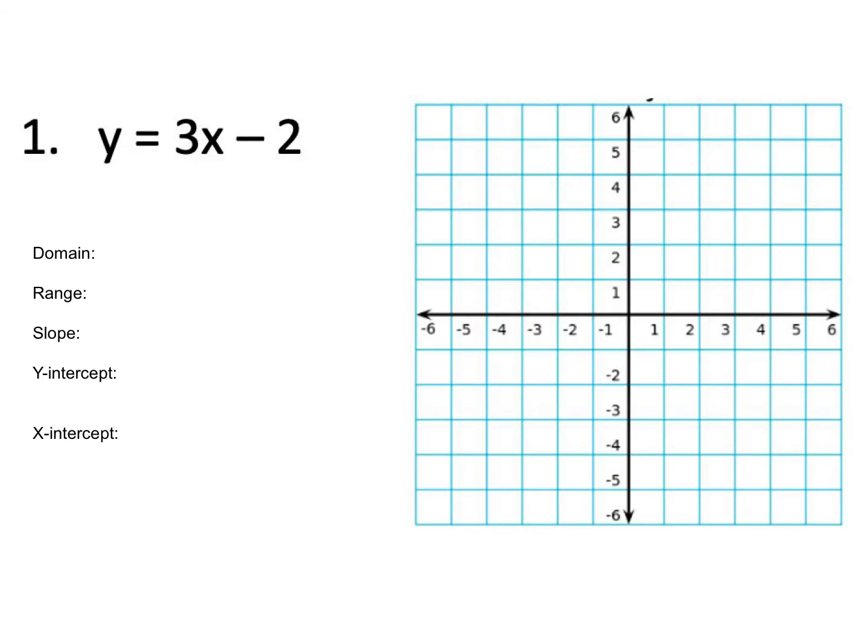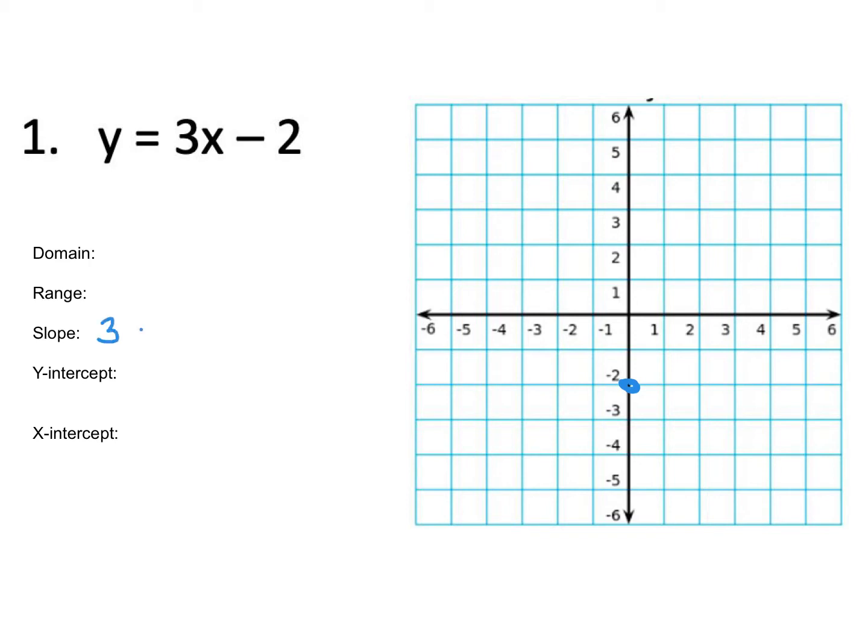Let's look at some examples. So this first one is y equals 3x minus 2, and we're asked to find the domain, range, slope, and then our intercept. So this one is already in slope-intercept form. So my y-intercept is negative 2. I'm going to place that on the graph, and then I'm going to count up 3 and write 1 because